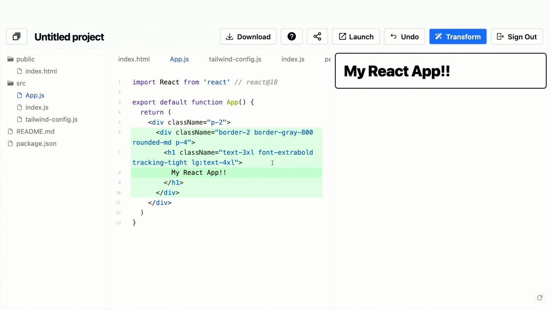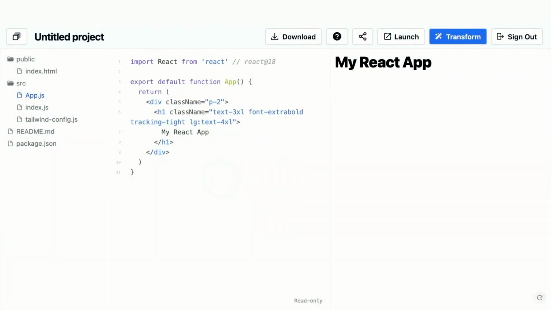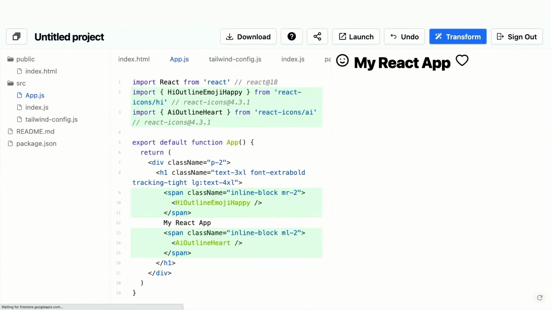Now, that's a super basic example of some code that you might want to write. But we can also do something a little more involved. We could say, add icons. We could be more specific, but in this case, I'll just use the most basic request. Now, this is interesting. It's not just added the icons here, these green areas,